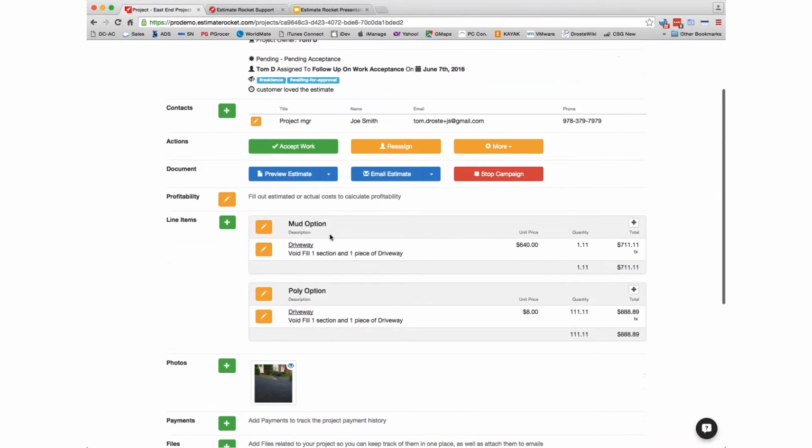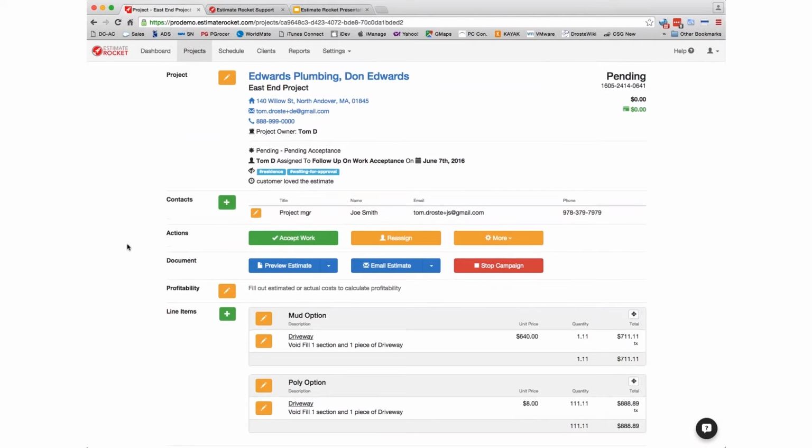So power of automated follow-ups. We've just sent out the estimate to the customer. These emails are going to go out automatically to the customer. Many of our customers have some of the follow-up emails go to themselves with a message that says something to the effect of, hey, it's time to call this person. You haven't heard back from them in 2 weeks. So you can use the email follow-up campaigns very creatively to get whatever outcome you want from them. Very powerful